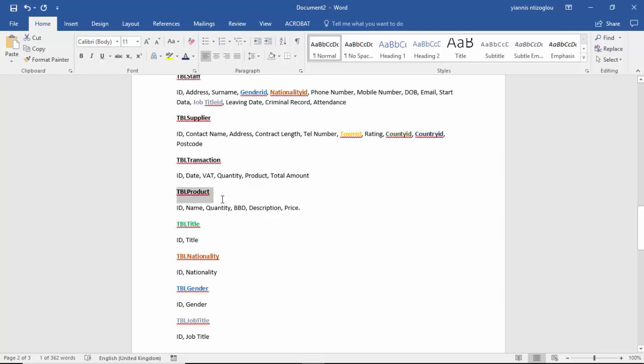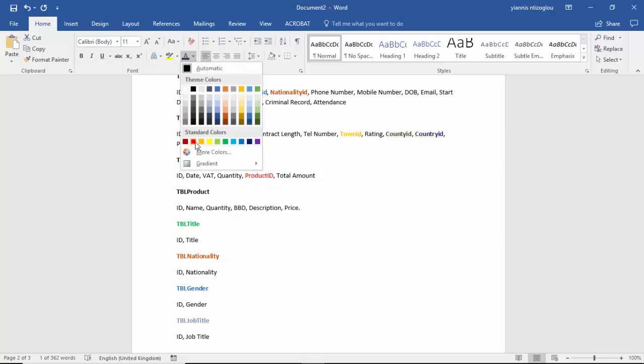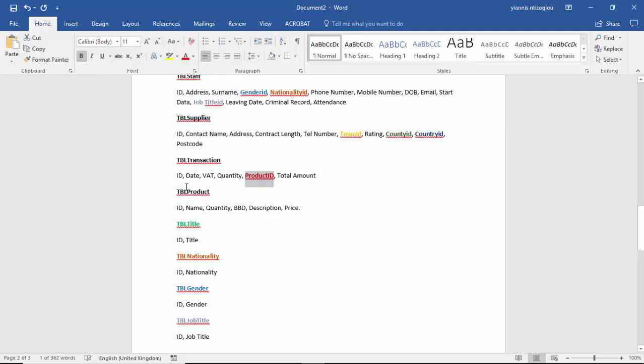But because we already have a product table, the only thing we need to do here is just put product ID. Let's change the colors. The reason why we put product ID, so we can actually, when we link things, gather everything, all the details of each product through this ID field. Does the total amount belong to the transaction? The answer is yes. So we finish with this